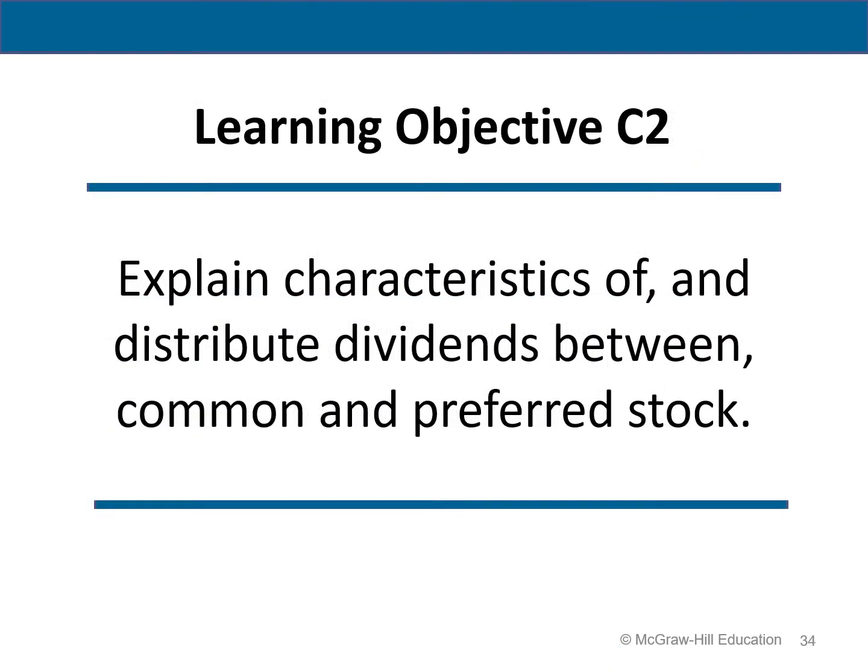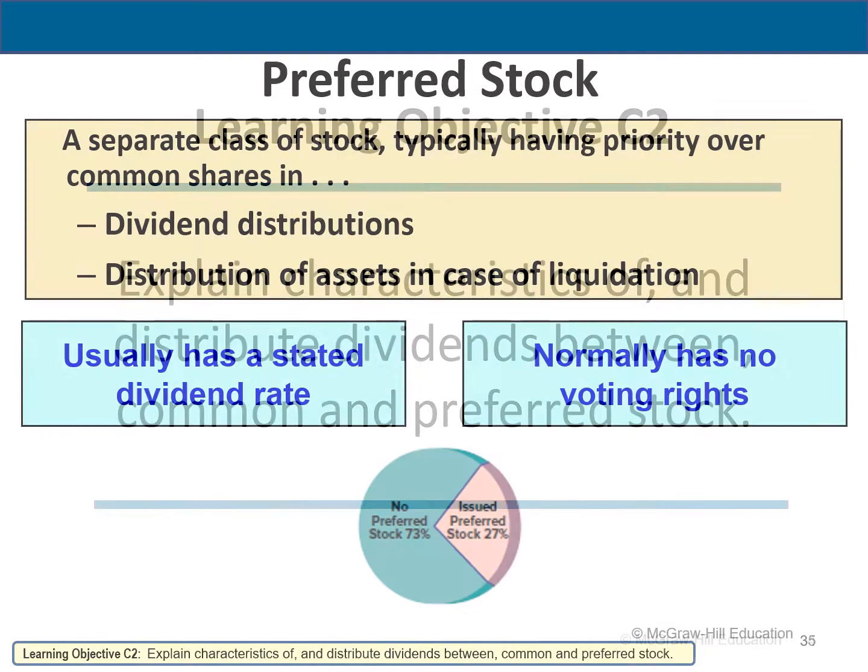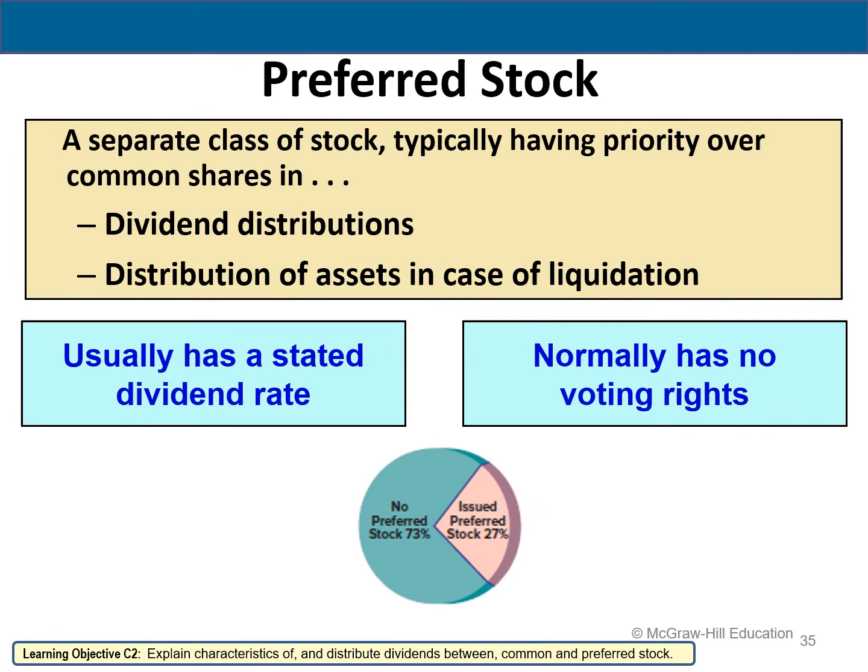All right, so explaining the characteristics and the differences between common and preferred stock. Preferred stock has special rights that give it priority or senior status over common stock in one or more areas. Typically, it's a preference for receiving dividends and assets in liquidation. Preferred stock has all the rights of common stock unless the corporate charter nullifies them. So most preferred stock, for instance, doesn't confer the right to vote. But they typically have priority over common shares in the distribution of dividends and distribution of assets.